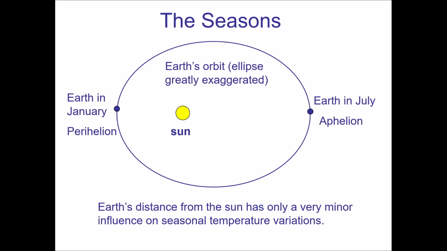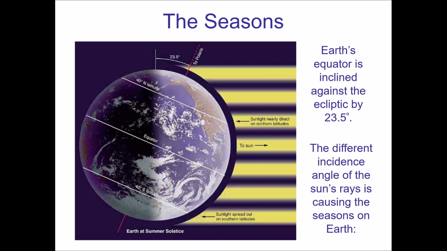So what is occurring here? Well, it's not about how close the Earth is from the sun. It's more to do with how sunlight hits the Earth at different parts of its orbit. So, as Earth orbits the sun, it also rotates on its axis. The rotational axis is tilted for the Earth. There's a 23.5 degree tilt of the Earth's axis from something that's vertical, right? And that tilt is the reason why all the seasonal effects occur.